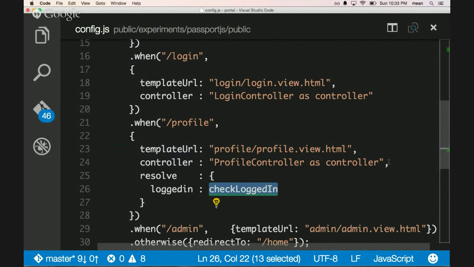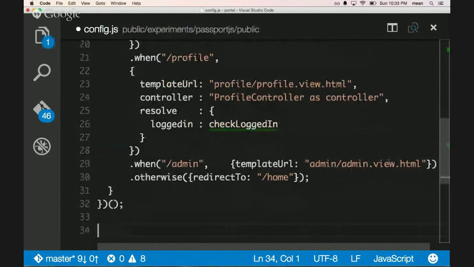So this function we can declare outside. Here it is, where this function can use the various services, such as the HTTP service and the location service, to make requests back to the server to see if the user is indeed